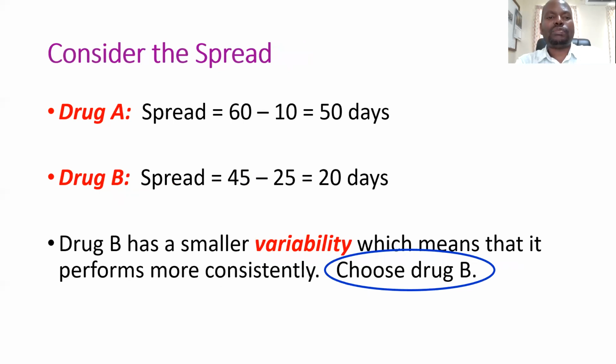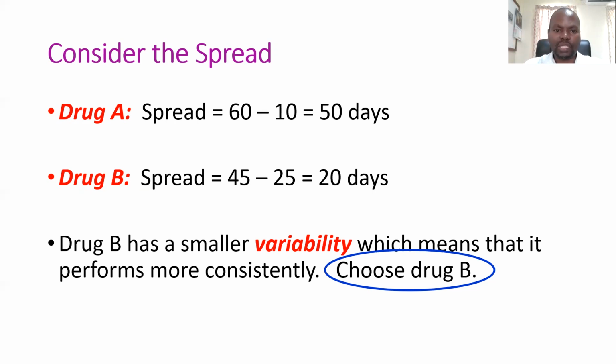Now, if we consider spread, in this case, we just take the maximum number of days it took for drug A to cure a patient, deduct the minimum. So maximum minus minimum, which was 10 days, we see that the range is 50 days. So drug A can take as little as 10 days,